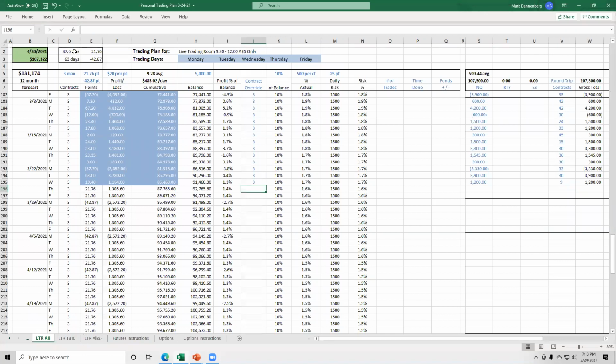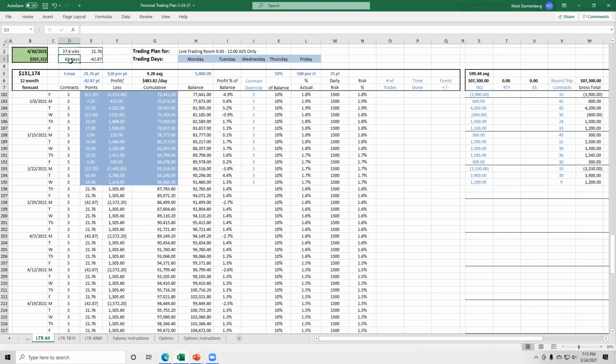So in the 9:30 to noon category, we've been at it for 37.6 weeks. Our personal trading plan is designed as a 52-week plan. We've been at it for 37.6 of the 52 weeks. During that 37.6 weeks, there have been 63 losing days. Now we highlight the losing days. We want to be very aware and realistic and transparent that there are losing days, there are losing trades. There can be losing weeks, but we highlight the losing days because by default, then every other day is a